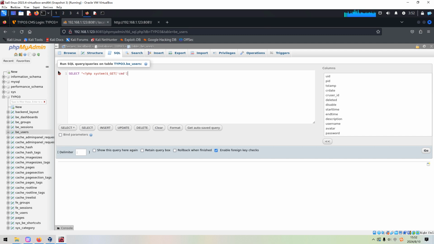Of course, you can use any name for the parameter, into outfile, and because the target machine is Linux, we can save into this directory, shell.php, and then we can click Go.